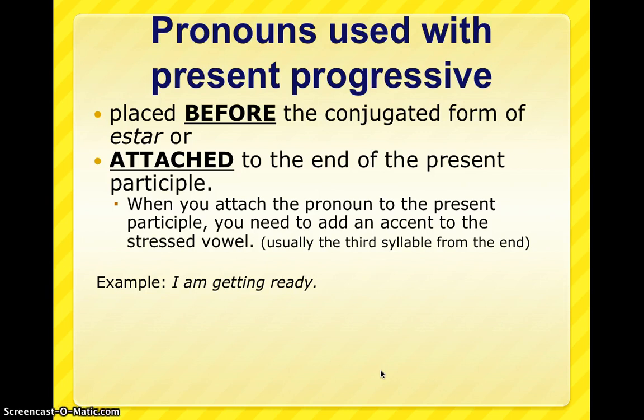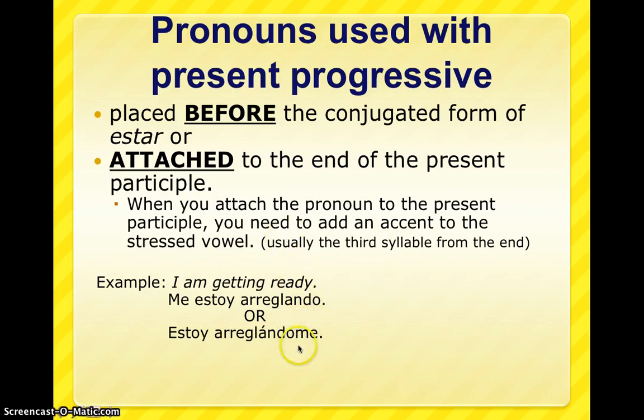So we know that we want to use our form of estar, and our reflexive pronoun would be me. So we have the option to put it right in front of the yo form of estar. We could say, me estoy arreglando. So we've put it before the conjugated form of estar, and then we add our present participle. Or we can decide to attach it to the end of the present participle. So we would start with estoy arreglando, but now we're going to put the me right at the end of